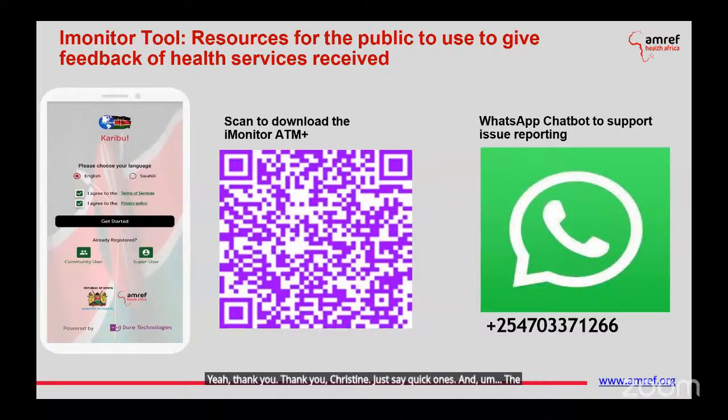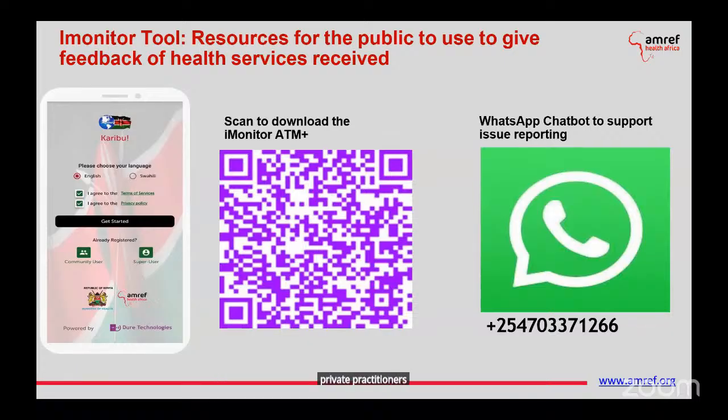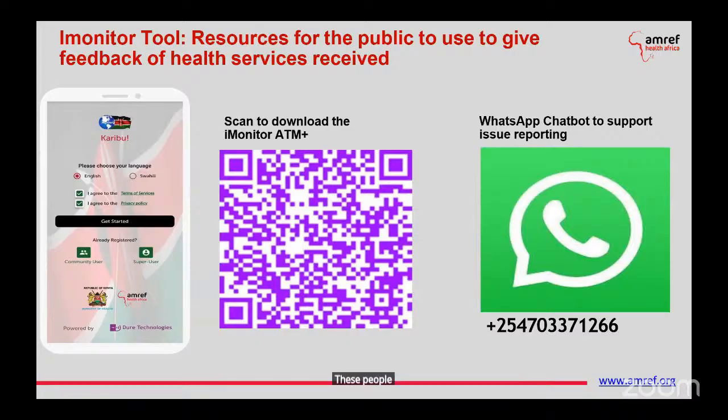The issue of the alcohol, I think Christine has talked about it, but also as a country, we are implementing PPM, the public-private mix, where we also try to work with even those informal, those private practitioners to help and reach out. Under the GC7, the current grant, I remember in some innovations under active case finding, where we were putting strategies to help us reach these people under key population under TB.